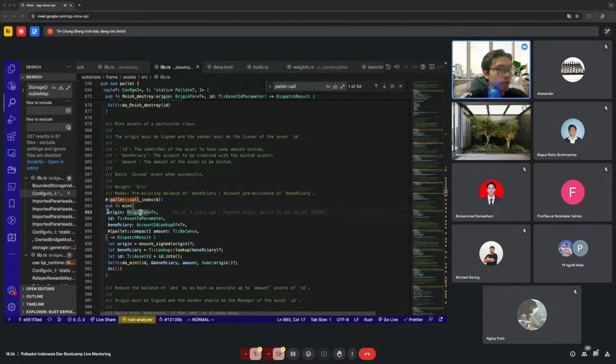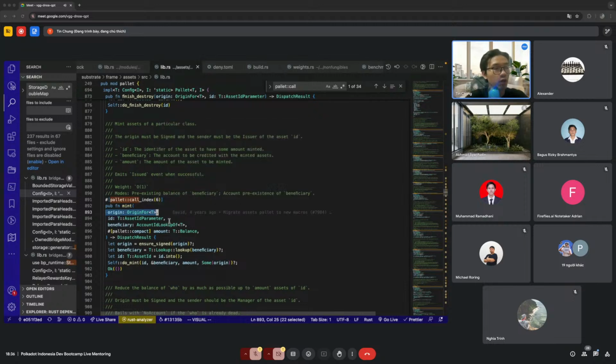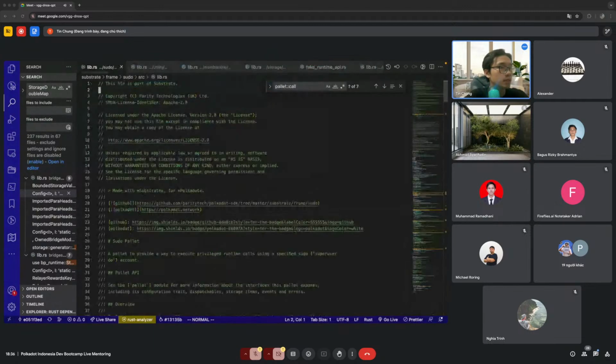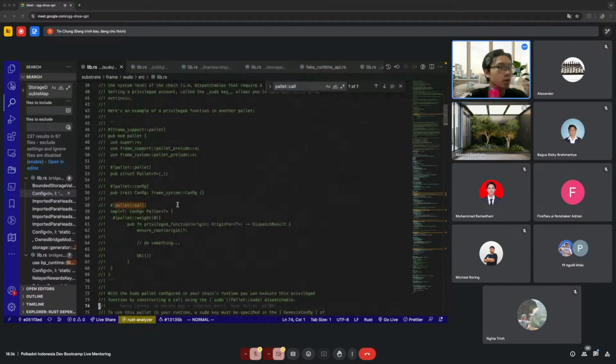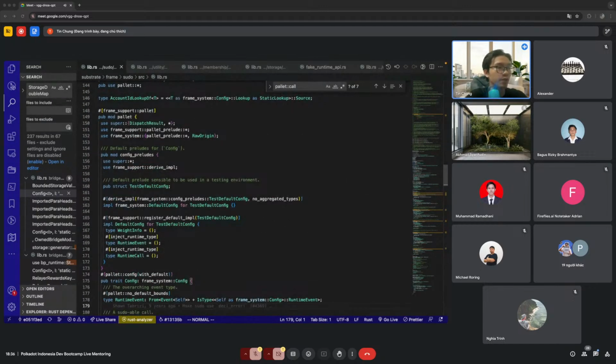The other part is also the origin. Most of the time, the origin is going to be an account on the blockchain, but in fact it's not only the account, it can be more than that. For example, if you have a group of on-chain identities, like a DAO on your blockchain, and you want that DAO to call the method, then that DAO can become the origin. Or you also have the pallet sudo. The pallet sudo basically allows the super users to execute any method, any dispatchable function from all the pallets.